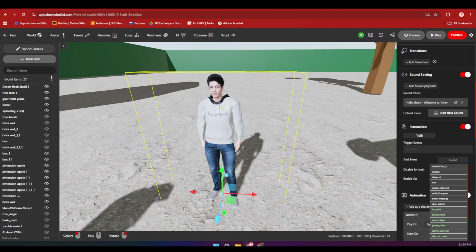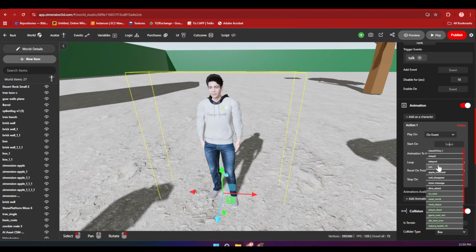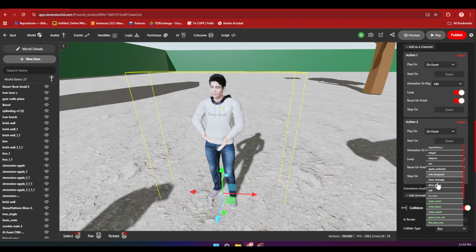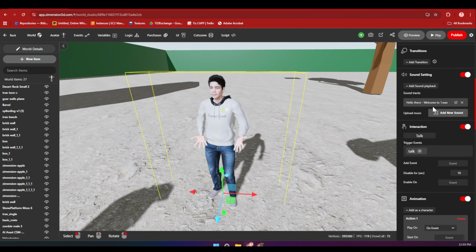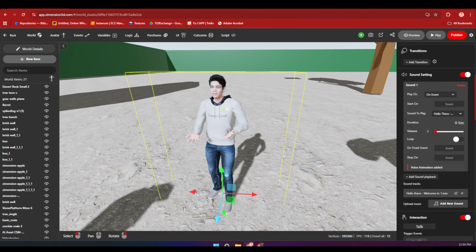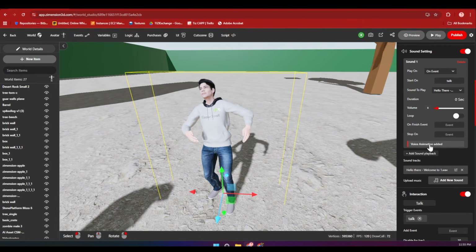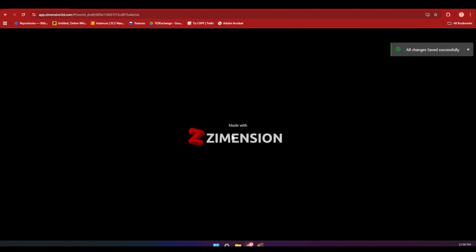I'll create this event, and on this event, I will trigger this talking sound. Oops, this is animation. Okay, so I need to add another animation. I'll use this animation and use the talk event. And in the sound setting, we'll add a playback, and on this talk event, we will trigger this hello there sound. And if you don't see this voice animation, you just have to click a button. It will convert your sound into the voice animations. Let me play and show you.